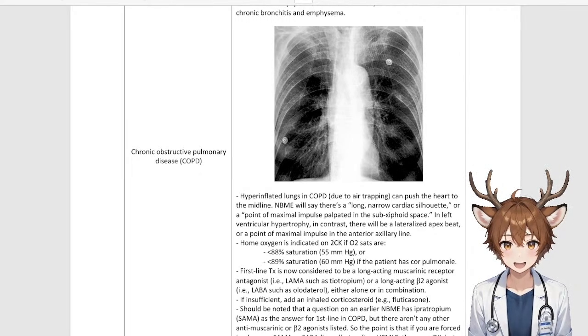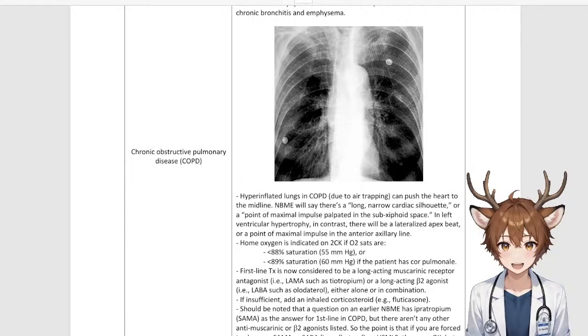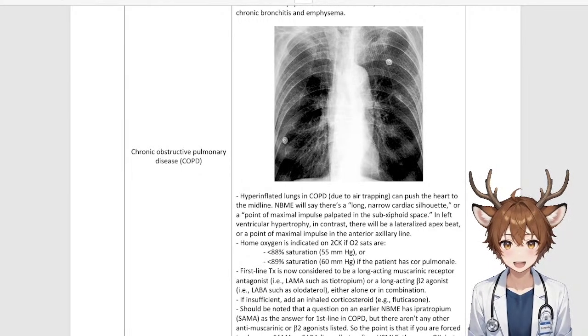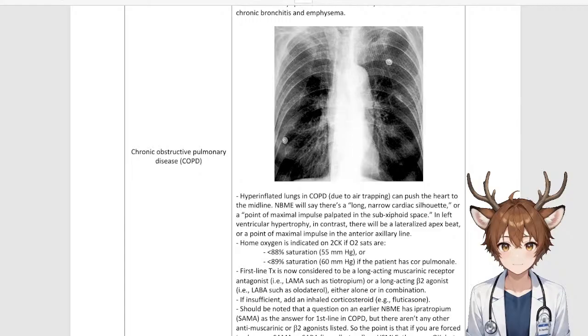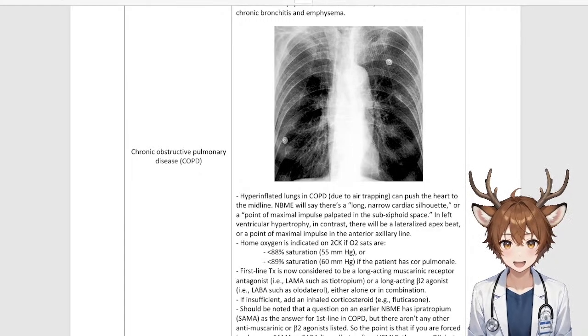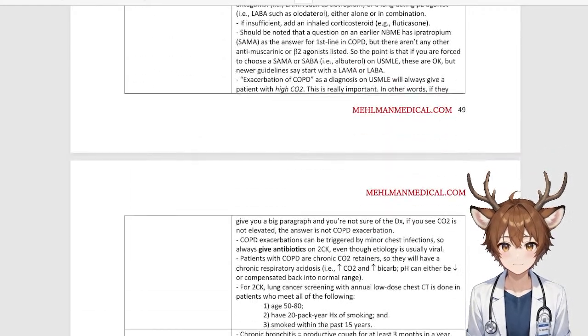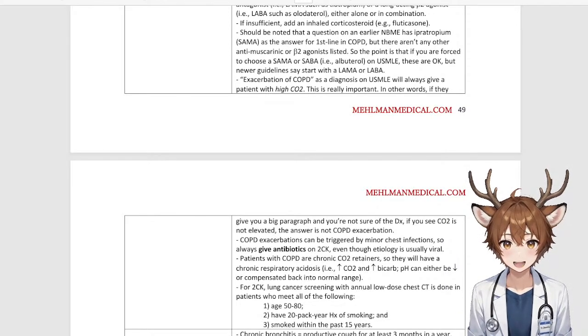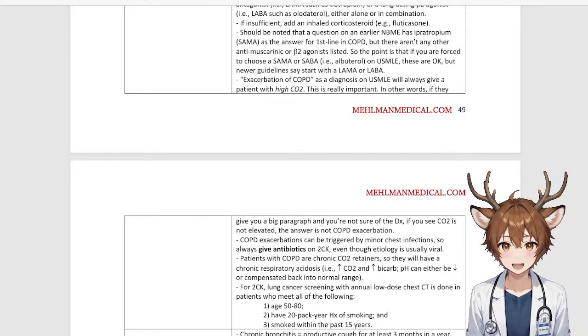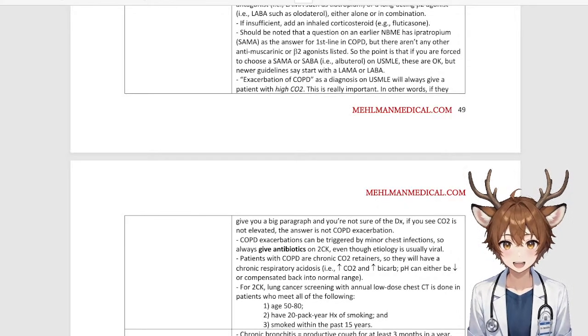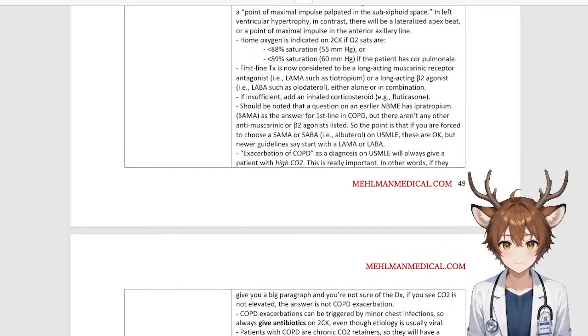It should be noted that a question on an earlier NBME has ipratropium, SAMA, as the answer for the first line in COPD, but there aren't any other antimuscarinic or beta-2 agonists listed. So the point is that if you are forced to choose a SAMA or SABA, that is to say albuterol, for example, on USMLE, these are okay, but newer guidelines say start with a LAMA or LABA. So stick with those two, which are going to be like olodaterol or tiotropium or something like that,